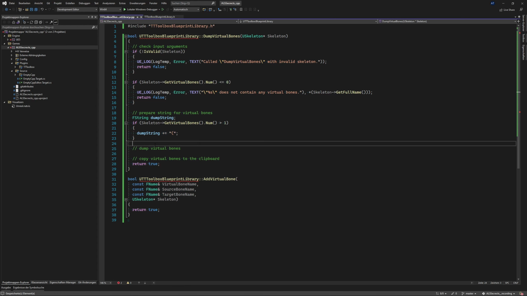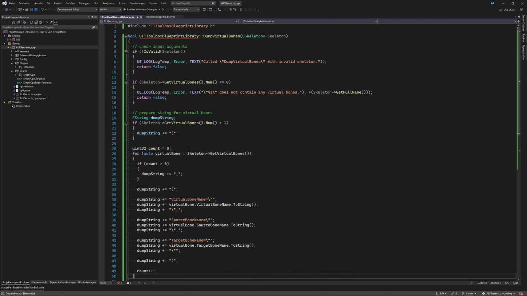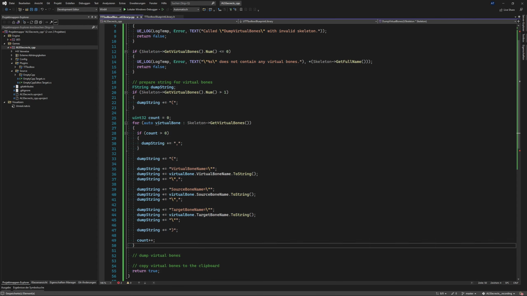And then we go on with this for loop here. This for loop has a count, so that we count how many virtual bounds we already have processed. And there we ask with a for loop. And here's something missing, I see. Here needs to be a reference to avoid copying the data around. And here we say get virtual bounds, and then we iterate